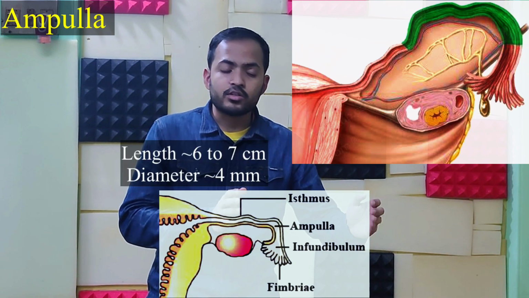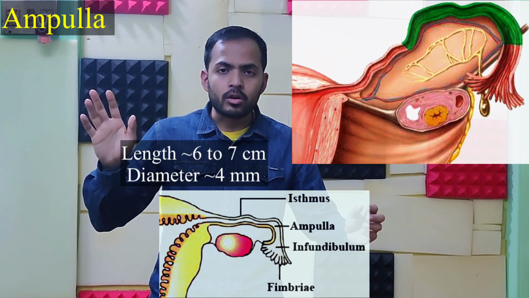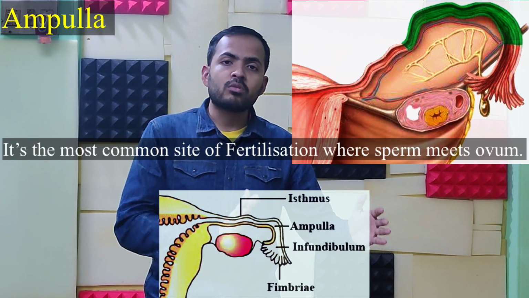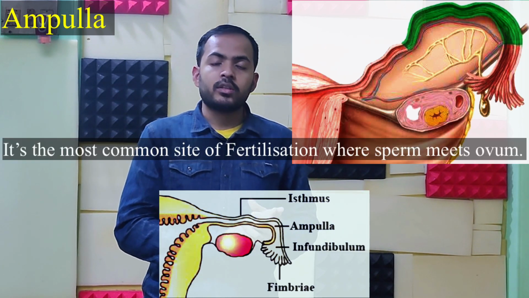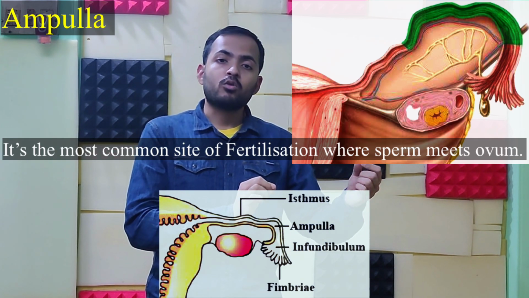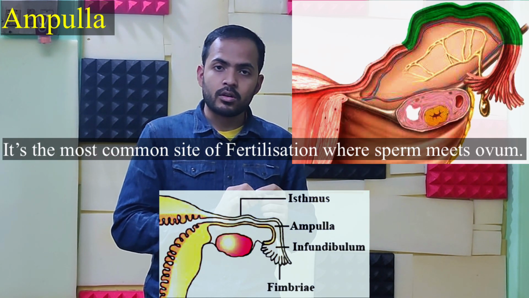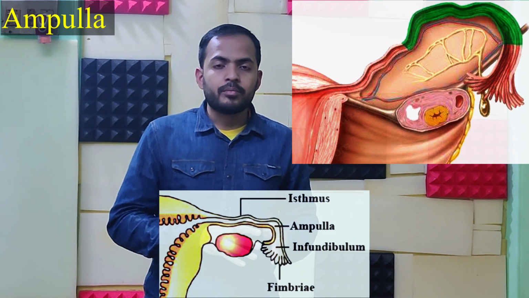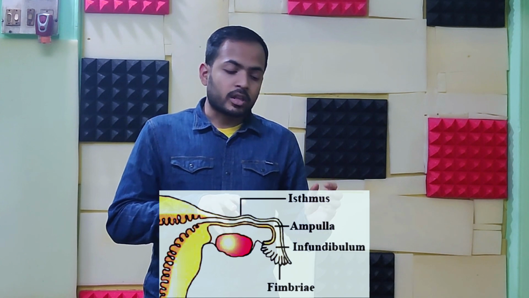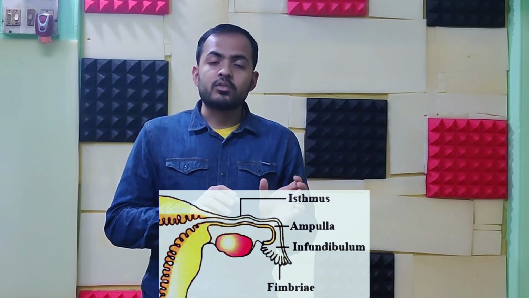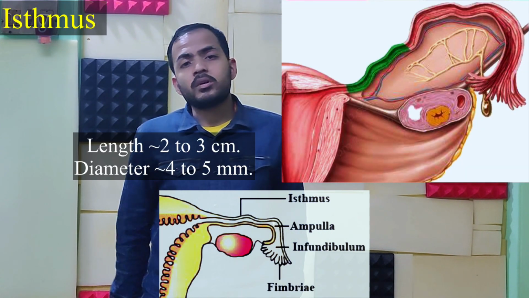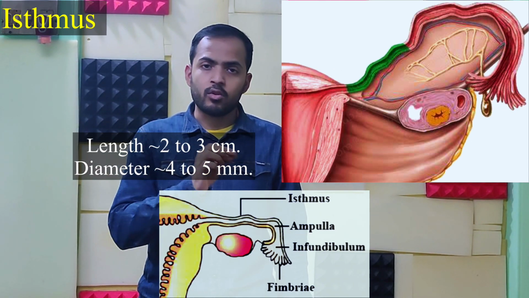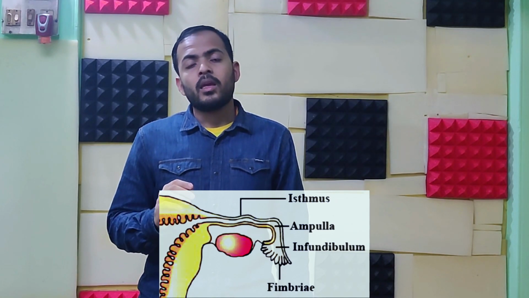Now this ampulla is almost 6 to 7 centimeters long and the diameter is almost 4 millimeters, and this is the most common site of fertilization, where the sperm meets the oocyte or the ovum, okay. Now I will talk about this mechanism later, not now. Now the part after the ampulla is known as the isthmus. Now this isthmus is almost 2 to 3 centimeters and the diameter is the same, 4 to 5 millimeters, okay,